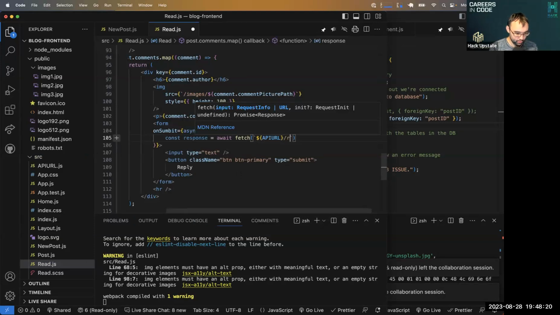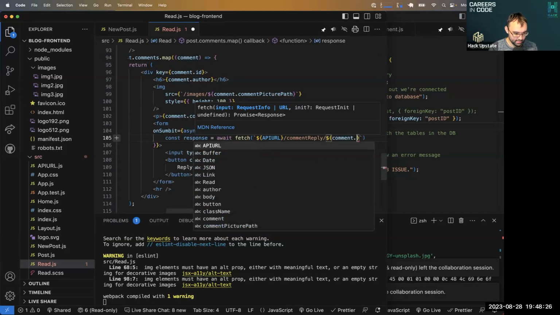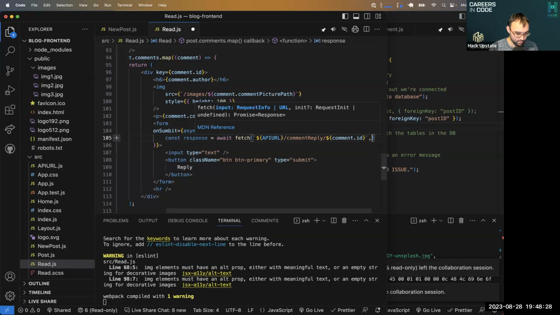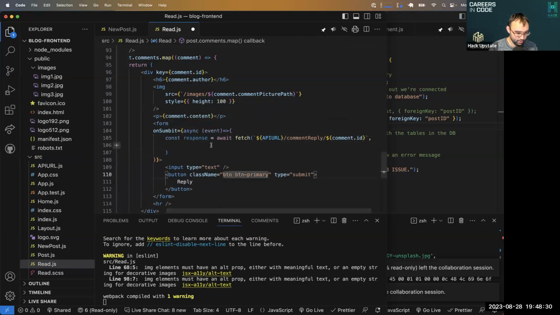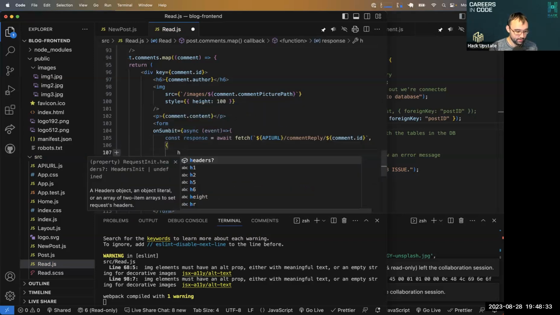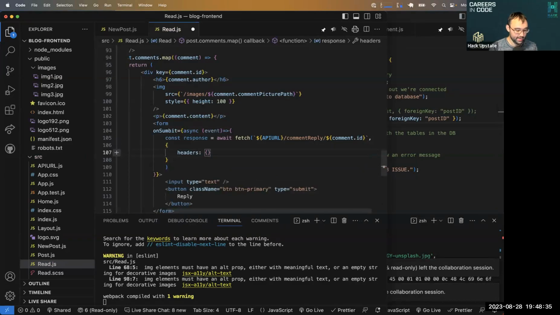It is going to comment reply, and we're using the comment.id. You're also going to pass in, oh, you know what? I think I forgot the curlies here. The headers. Now we're on the right track. Content type, application JSON,